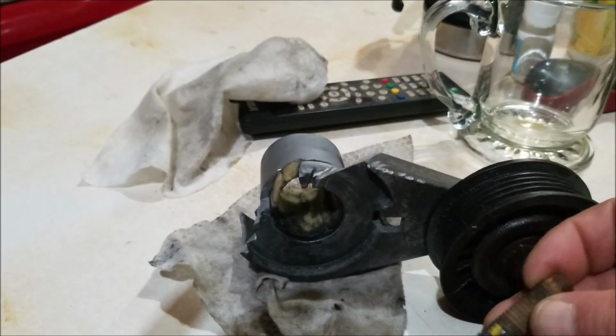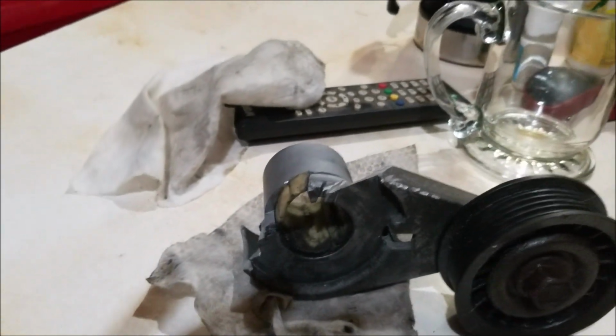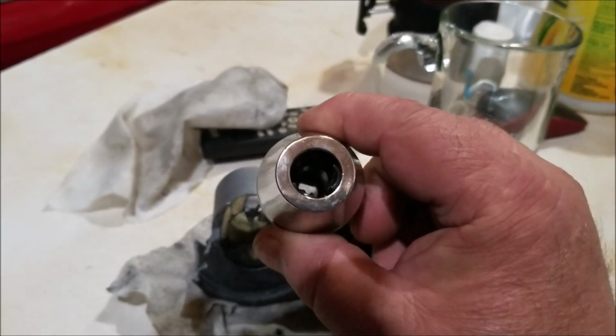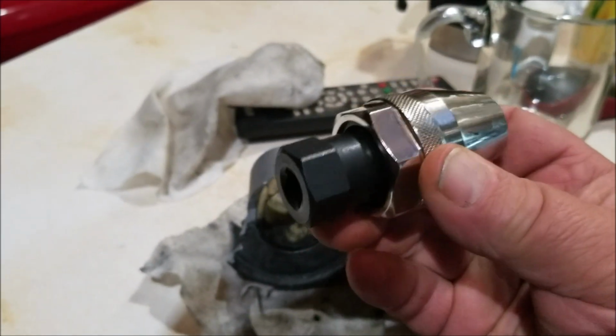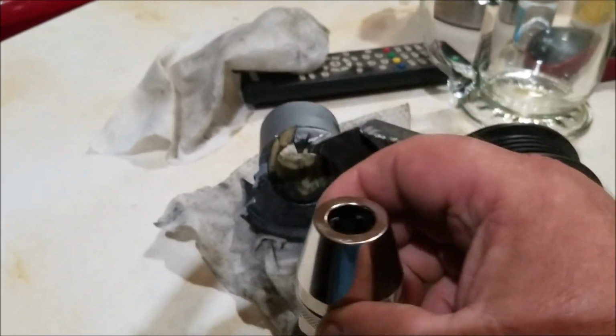So here's what I went and did. I went and bought myself a tool. This tool is probably the handiest tool I ever seen in my life. It is a stud remover. Basically,